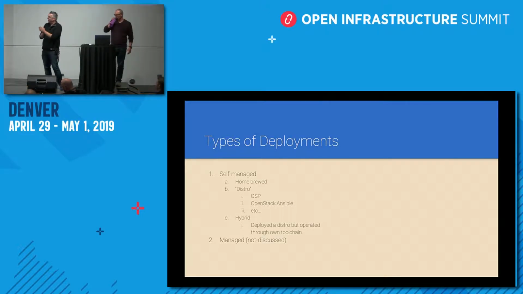So we're assuming there's a few different types of deployments there. Obviously, maybe more, maybe less, but we're coming from the self-managed. And really, what's the difference between self-managed and managed? Managed is really self-managed, but by somebody else. So there's homebrewed, where you've deployed OpenStack with a bunch of automation that you wrote yourself, or that you got off the internet from somebody or someplace, or you're using something like OSP or OpenStack Ansible. All of those types of things, but more or less, we're going to focus on the self-managed aspect of this.